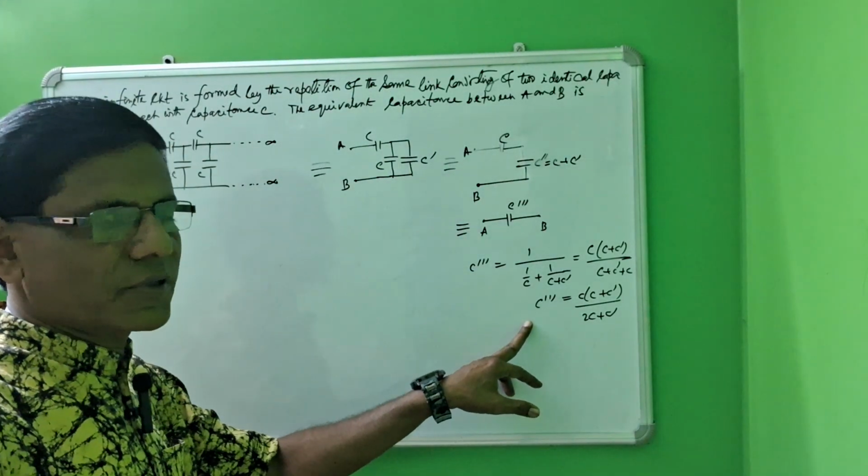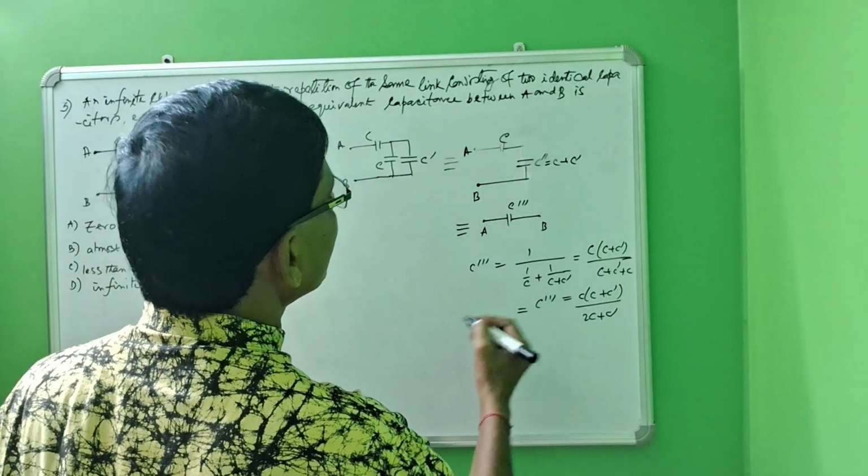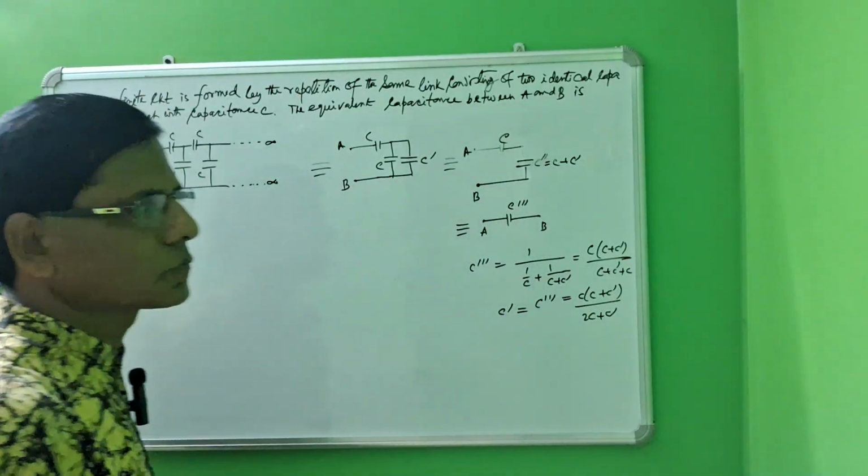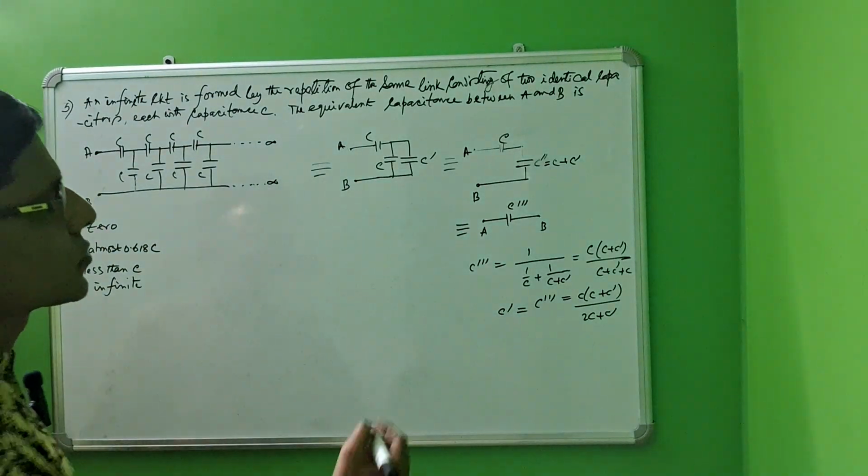This equivalent capacitance is nothing but C dash as per our idea. So you can write